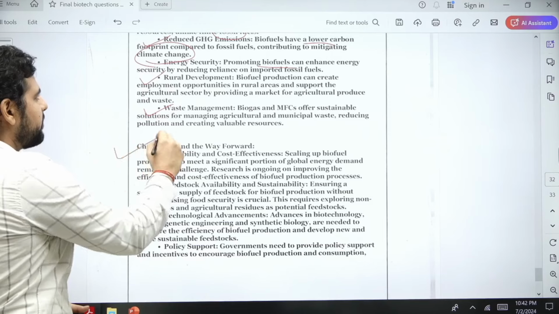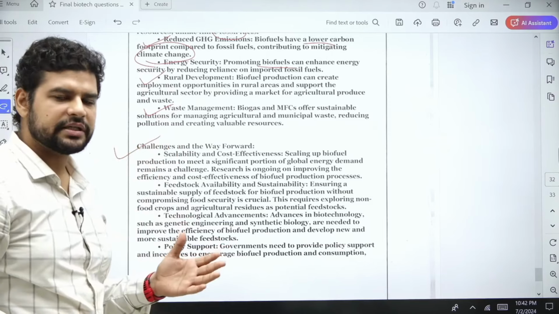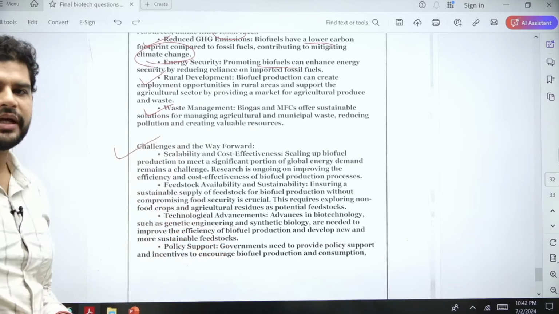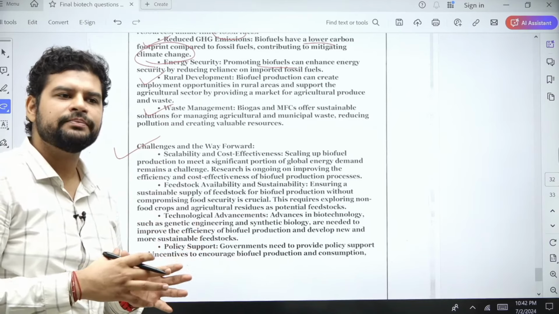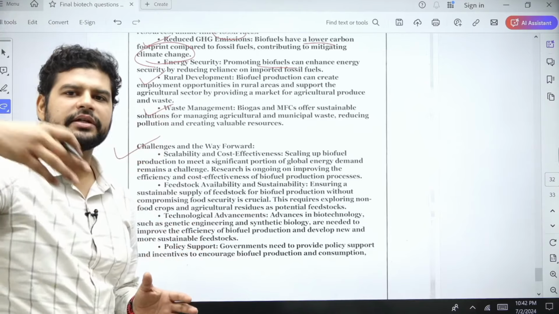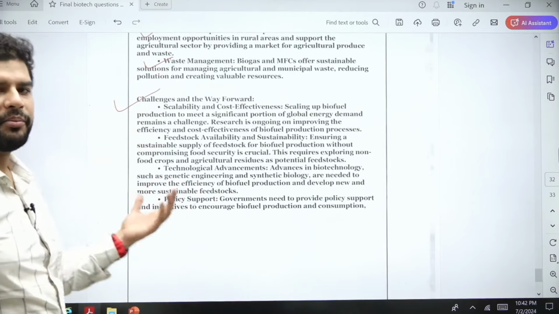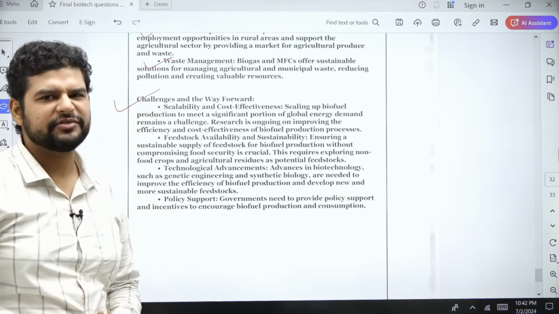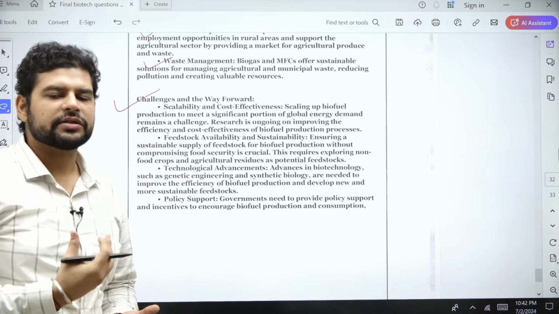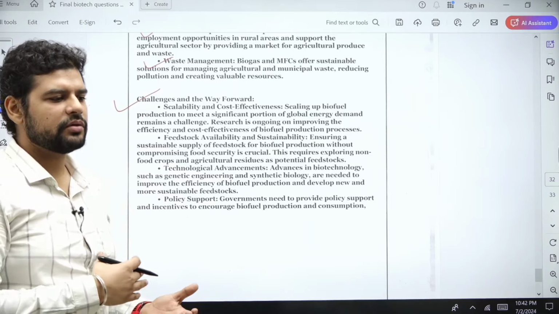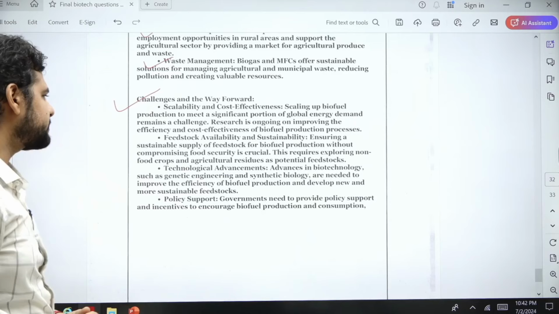What is now second topic in value addition? What are the challenges and way forward? Like I've discussed in the conclusion itself, scalability needs to be there. That means if you are creating something in the lab, it should be able to be replicated 1,000 times, crores of times for every customer. Cost effectiveness is obviously important. Research and development is costly, sadly. So sometimes things that are created in research and development, they are costly itself. So these things need to be made cheaper so that everybody can use them.